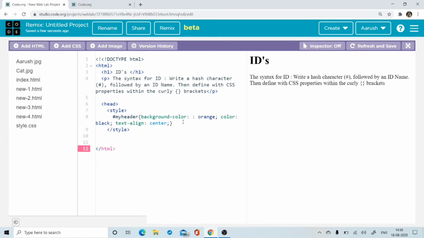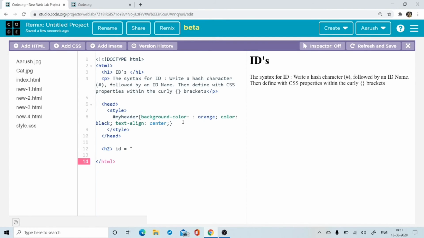And after this style, we will say head and close it right here. After doing this, we will take the heading, say H2, then I will say ID. After ID you have equal to.